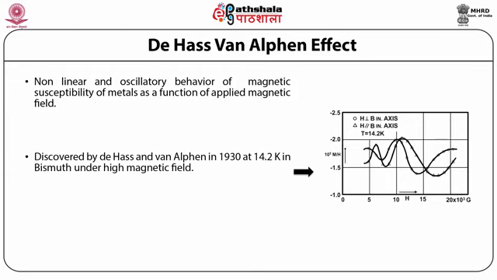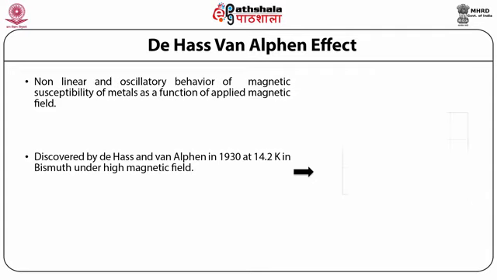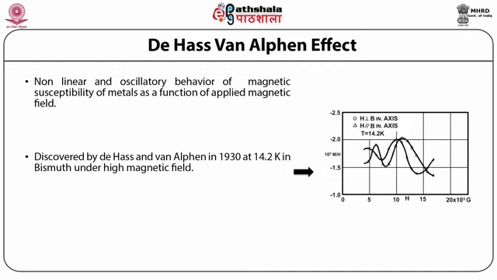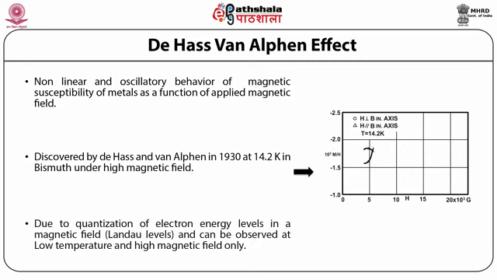So in this effect, we are looking at the periodicity of susceptibility, or periodicity of magnetic moment, as in the earlier case where we saw the periodicity of potential. This phenomenon is observed only at low temperature and high magnetic field. So this is important if we want to observe this effect. We need these two conditions: temperature should be low and magnetic field should be quite high. It is a quantum mechanical phenomenon explained by Landau using the concept of Bohr-Sommerfeld quantization of the orbits of conduction electrons under the influence of the magnetic field.